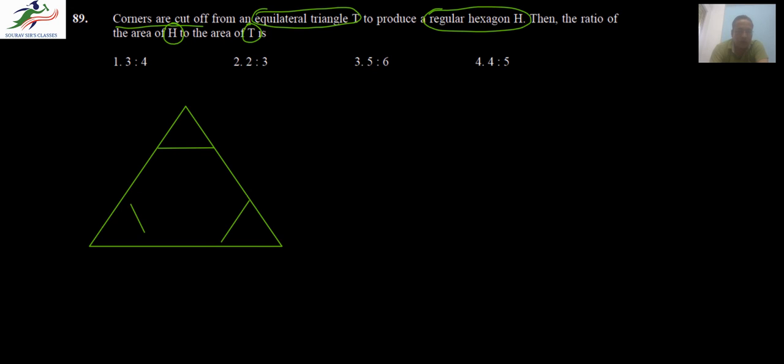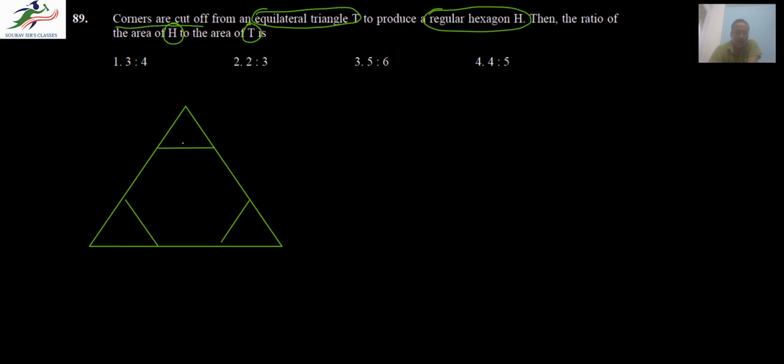So it will be like this. So we cut off the corners of the equilateral triangle to produce a regular hexagon, which means that